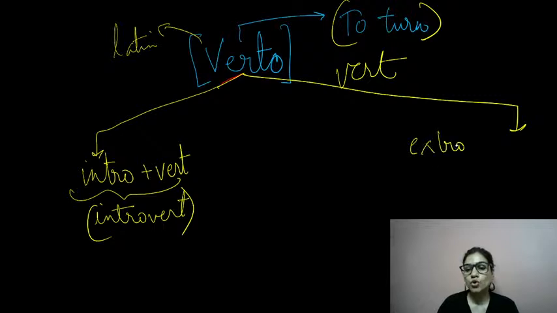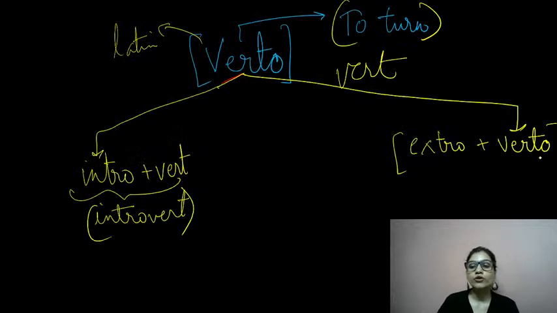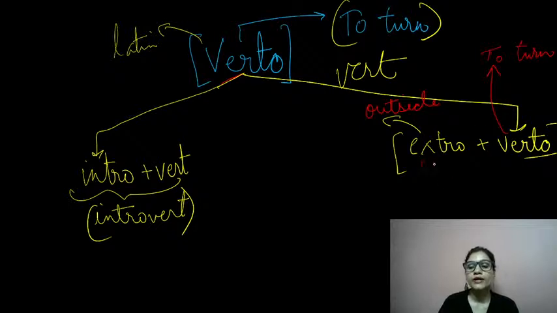So we have extro plus verto, right? Again, the same word roots. Extro means outside, verto means to turn. We all know that. So this means outside, and verto means to turn. So the word I get after combining these two word roots is extrovert, right? A person